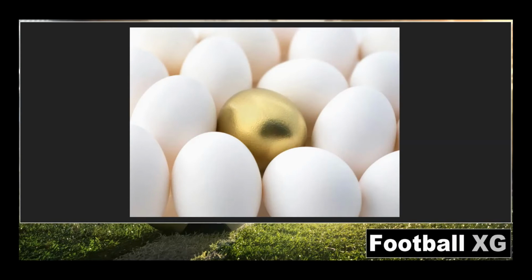Finally, the golden egg. Some people may find one system, think it's great, and then that'll be purely their focus going forward. But I always recommend to diversify as much as possible and not have all your eggs in one basket. But when I say diversify, make sure it is truly diversified. I hear some people saying, oh yeah, I've got an over 1.5 and an over 3.5 system, but there's probably a lot of correlation, and there's a good chance if one of those systems starts doing badly, the other could also do badly as well.